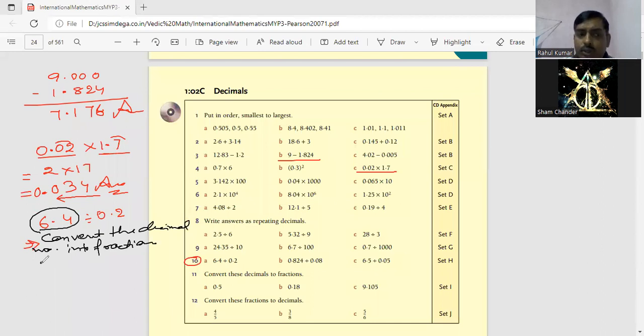So how can you convert this one? So 6.4 is written like, just remove this decimal place and put a division sign and put